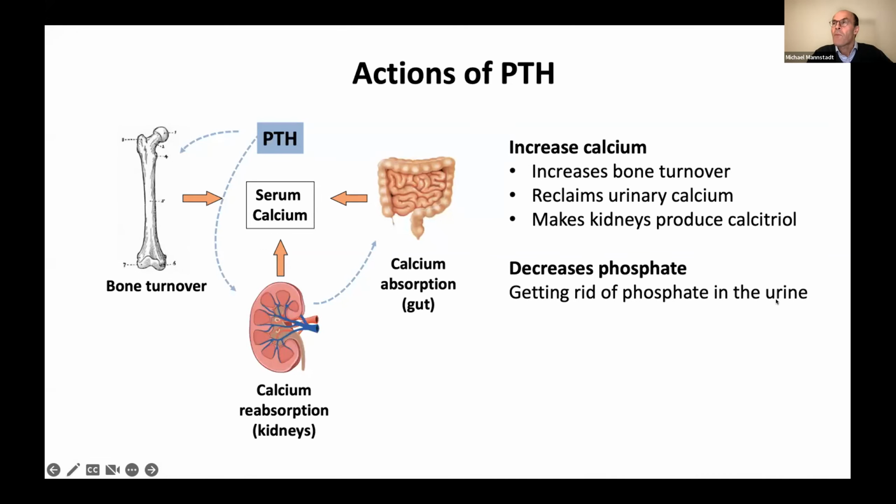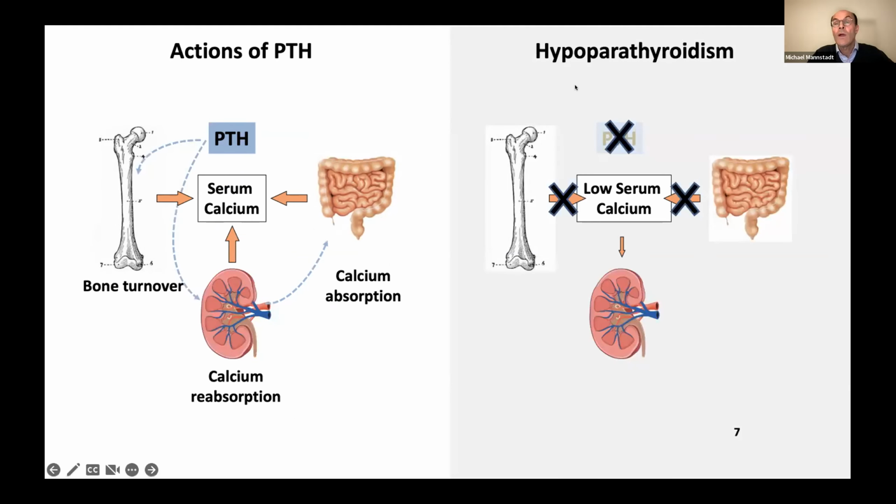And so while we are trying to replace the function of increasing calcium, we are really not doing anything with conventional therapy to increase bone turnover or to keep it healthy, so to speak. We're doing nothing to reclaim urinary calcium, and we're doing nothing with the phosphate, right? And so these systems that are nicely working together with the actions of PTH don't work that way here on the right side when there is no PTH anymore.